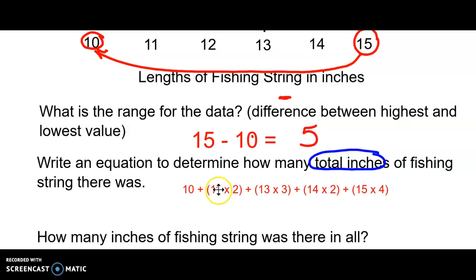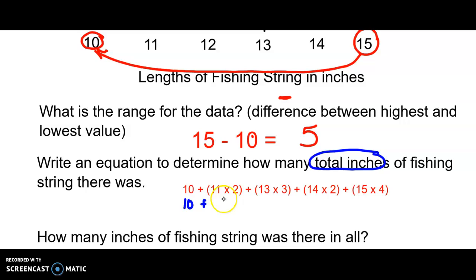So instead of doing 11 times 2, you could do 11 plus 11. You'll get the same answer. Instead of doing 13 times 3, you can do 13 plus 13 plus 13. I'm going to go ahead and do this and show you how this would work. So you would end up with